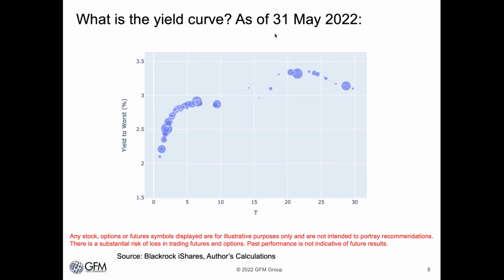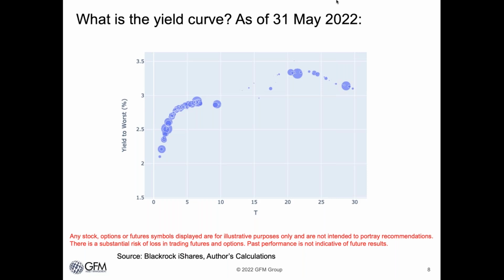Now, if you were to draw a curve through this, you'd see that it's not a straight line. It's not even a nice simple curve. It's very, very steep out to about 3 years. So very, very short dated bonds yield a little over 2%, and then they go up to yielding about 2.7% at around 3 years. Then it's relatively flat going out to about 15 years. Then there's a bump out to about 20 years, and then 30-year yields are actually a little bit lower than 20-year yields. So the yield curve is not always super, super smooth, but in general we talk about a normal